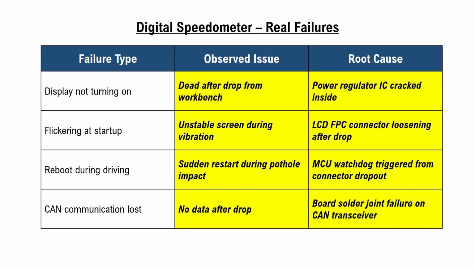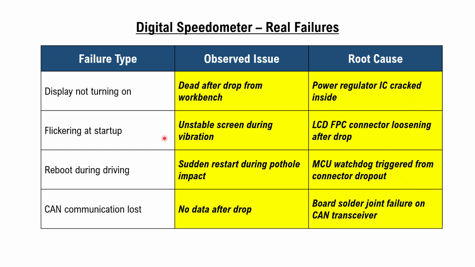Digital speedometer, real failure issues. Failure type: display not turning on. Observed issue: dead after drop from workbench. The root cause: power regulator IC cracked inside. Failure type: flickering at startup. Observed root cause,